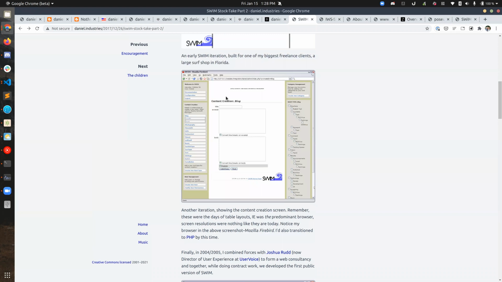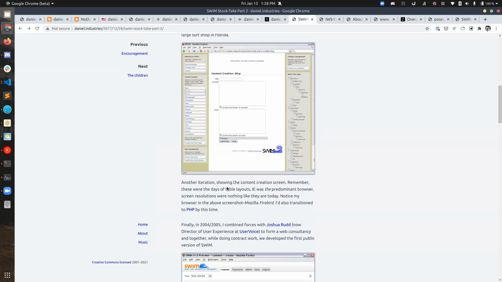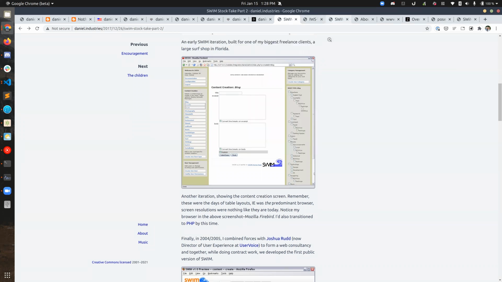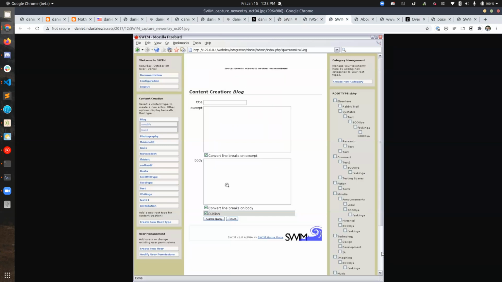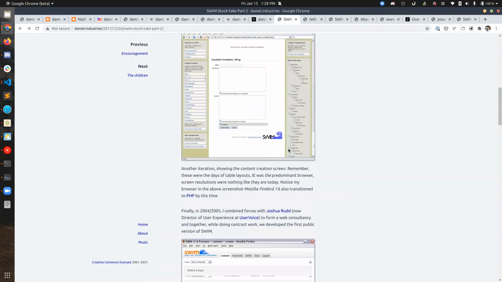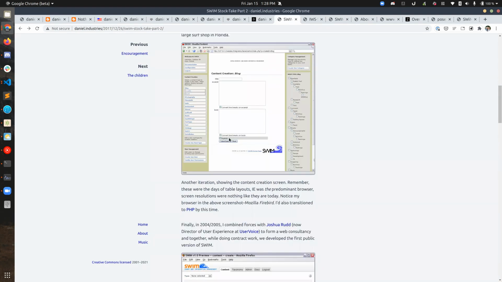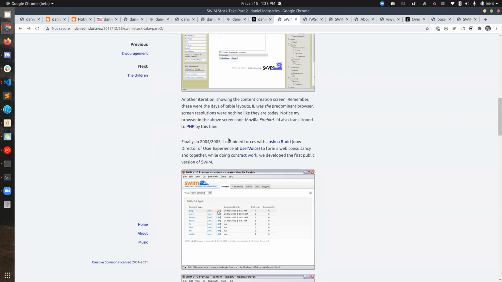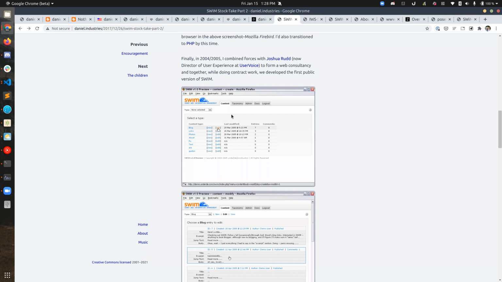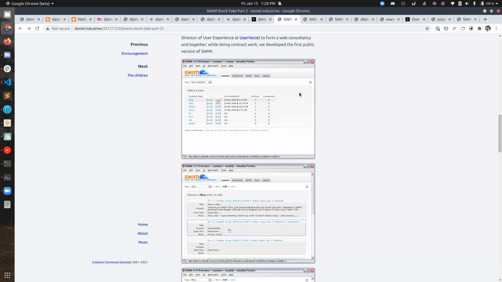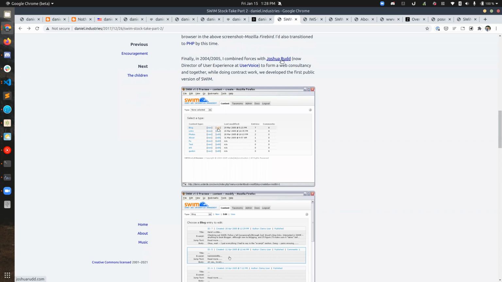And then I kind of moved to PHP. Actually, let's find out if we open it and look. Yeah, PHP. So I moved to PHP, kind of typical. Here you could have infinitely nested taxonomies. Taxonomies were a big deal back then. I don't know if you remember OWL, but all this was stored in XML, if I remember correctly. And then this was kind of the final CMS iteration, and I was collaborating with a friend, Joshua Rudd,